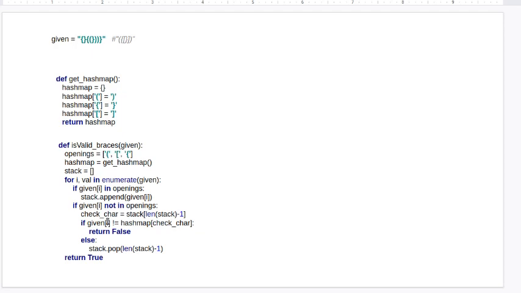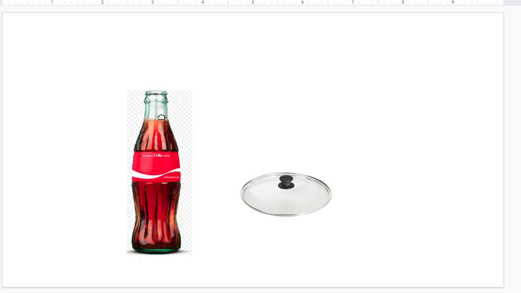So now we see if the given item is not equal to the hash map of that character, in that situation it's going to be false. So we'll come up with this in a moment. Else we're going to pop the items from the stack. So that means, as we saw in the earlier figure,